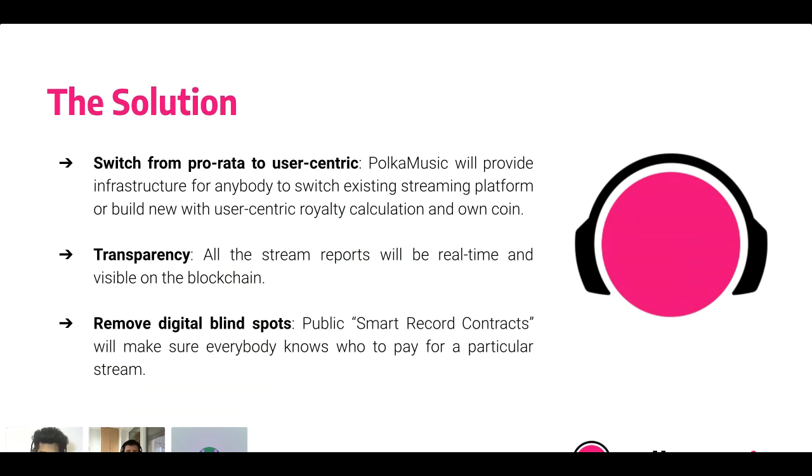This is a smart version of that, where you can send any money to this smart record contract, and it will split automatically to all the band members, because it's hardly the case that a music is made by a single person. It's always a band, right? And if ever you don't know who to pay, if you have a royalty black box problem, you can just come to Polka Music. It's all public. You can just send money to that song and make sure that everybody gets paid.